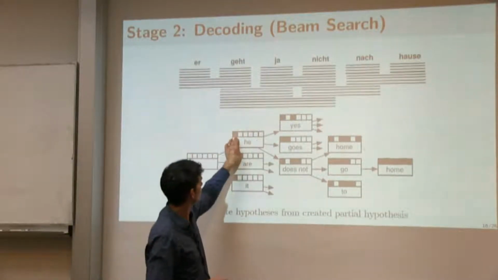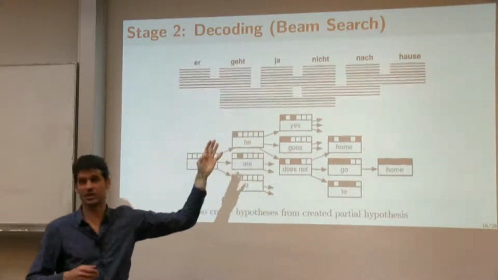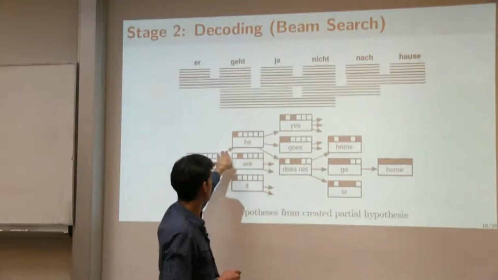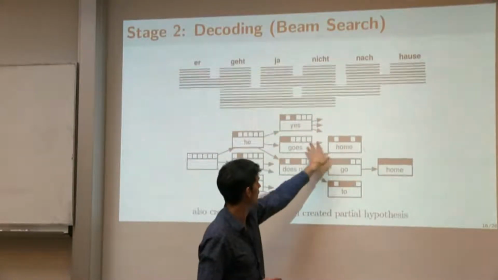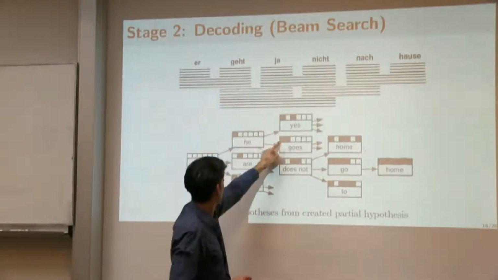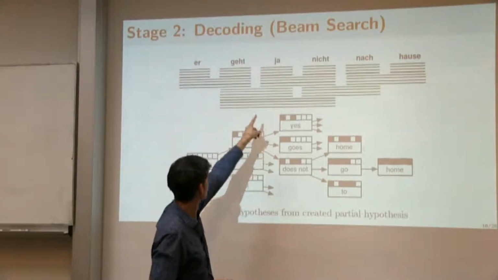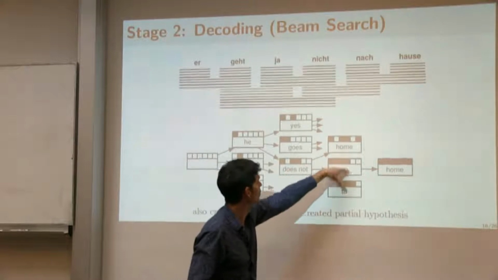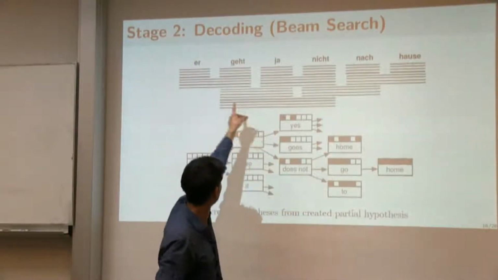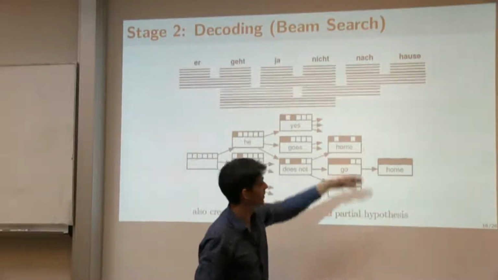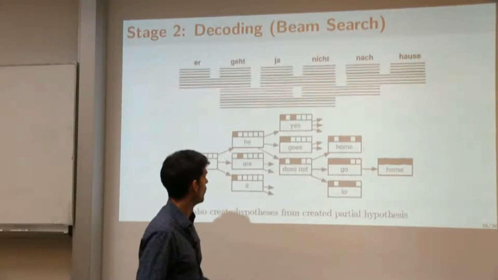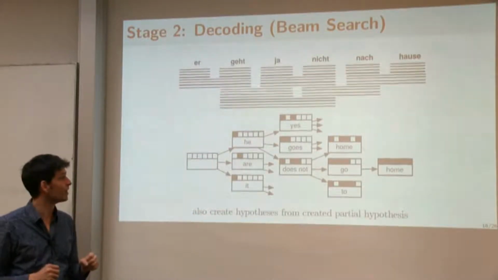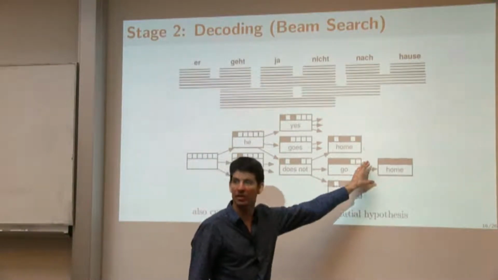We go further and expand this he with the translation of the third word, ja, which can be translated as yes. He, yes. That doesn't seem like a nice sequence, so maybe this path is not worth exploring. Then he goes, and that looks pretty good, and that was the translation of geht. Or we can translate ja nicht as does not, so that would be he does not. Then again, we can continue by adding further words, for example go, filling the gap in the coverage vector, and then finally translating the last two words, nach Hause, into home. After all these considerations and all the possible orderings of phrases, we arrive at a hypothesis which covers the whole